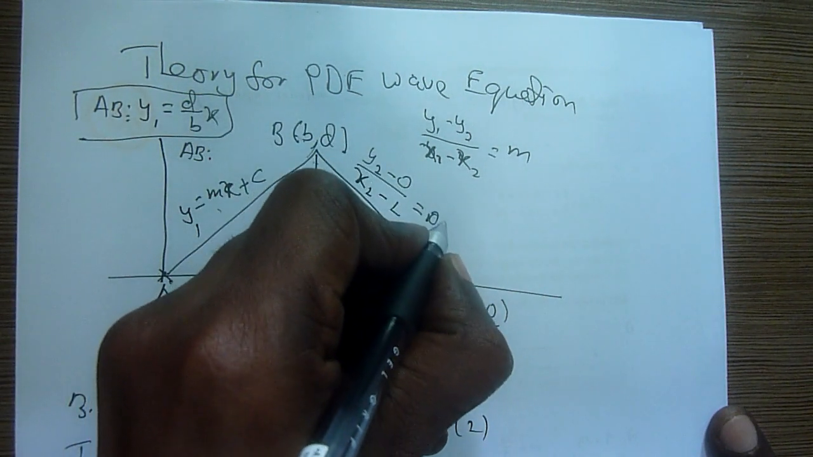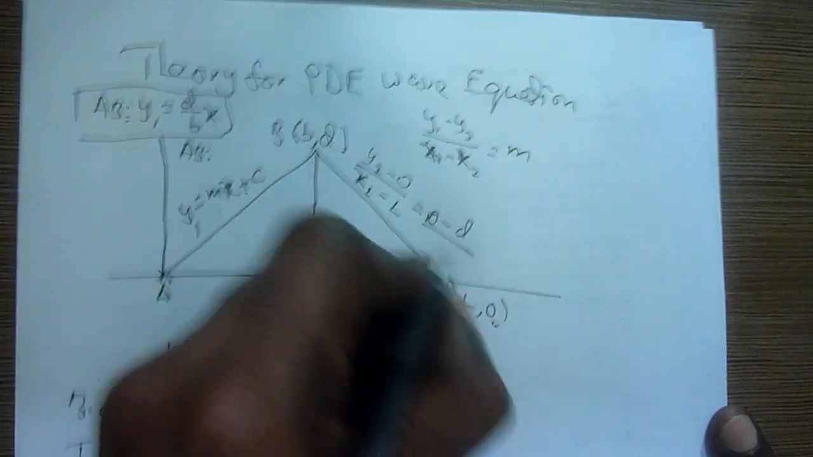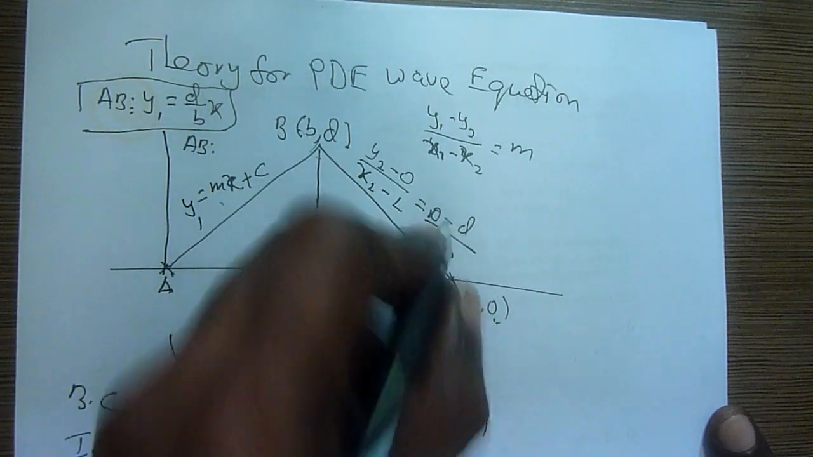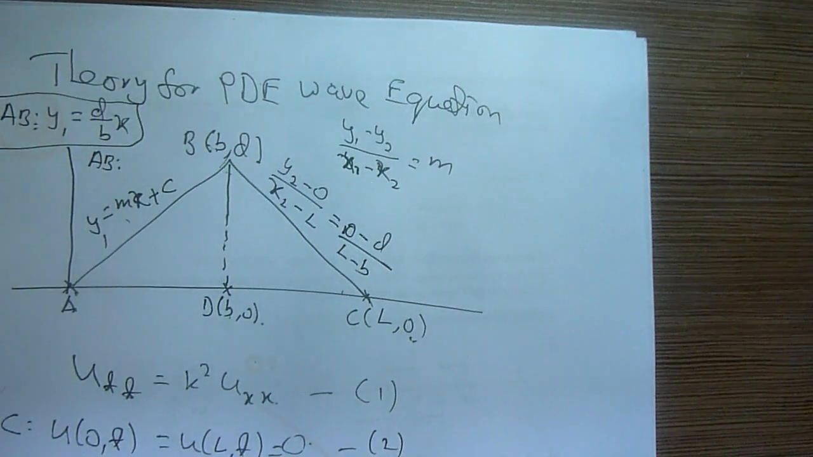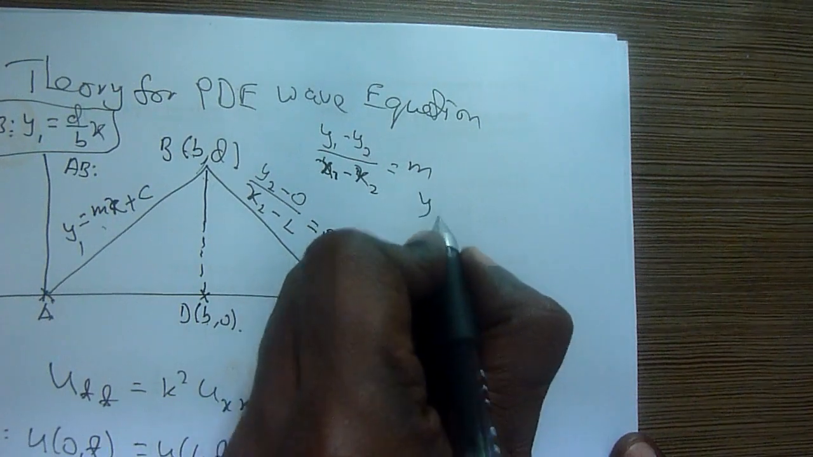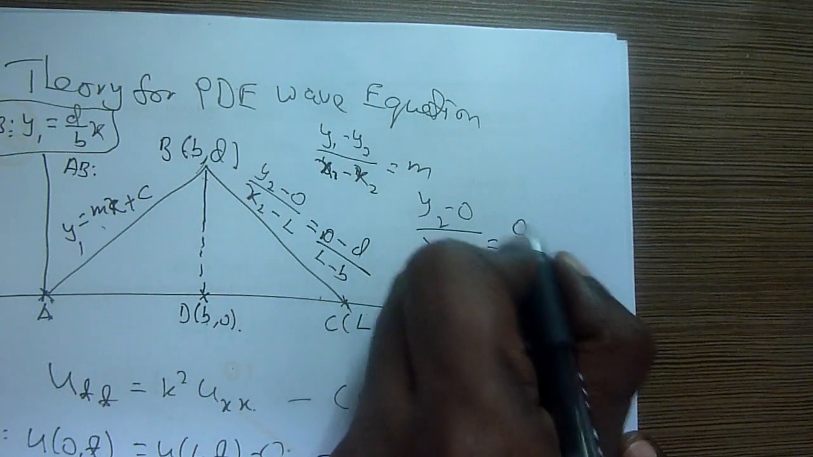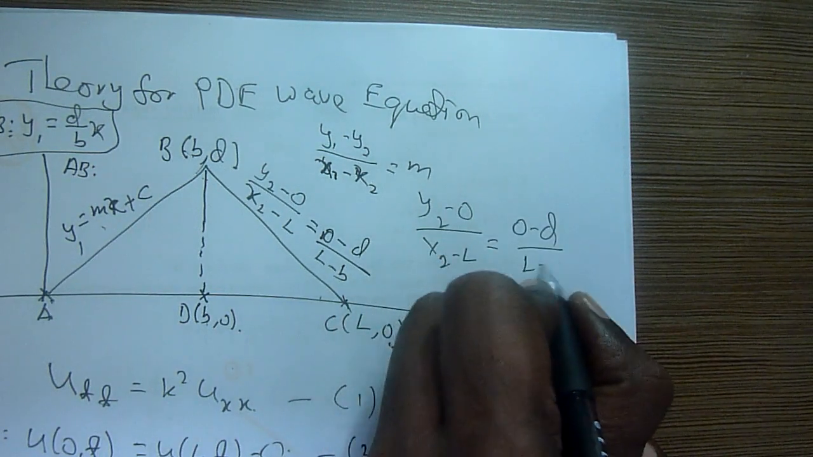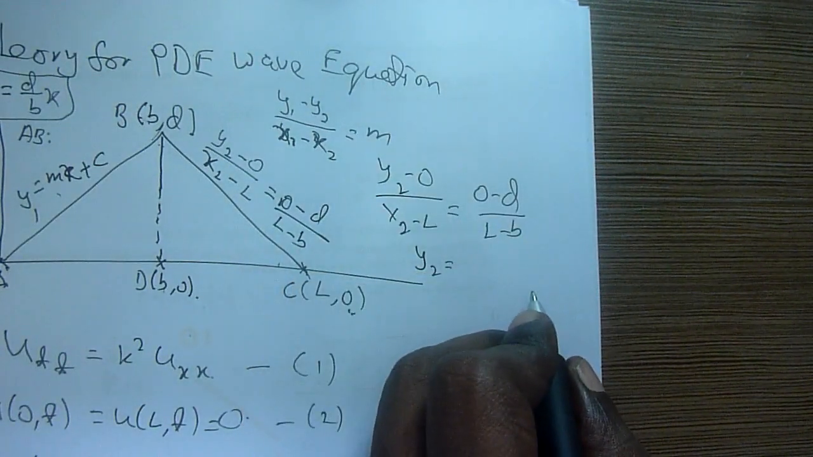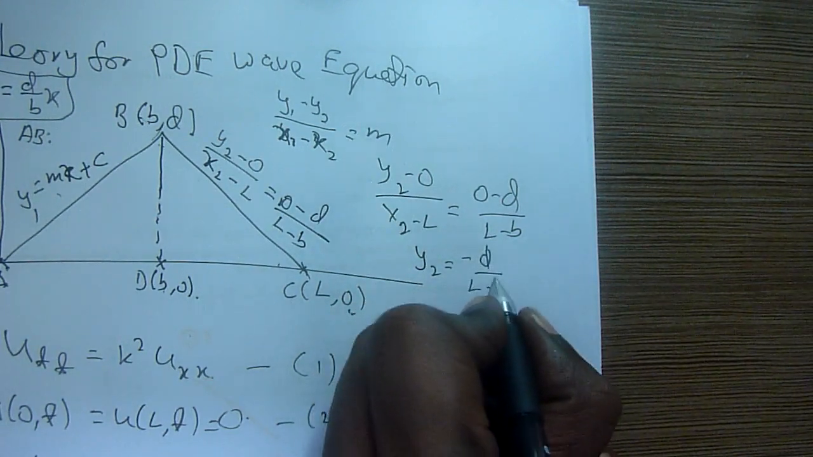Okay, again 0 minus with the d, L minus with the b. That's the equation. Therefore, let me write properly. You won't be able to see this properly. Therefore, y2 equals 0, x2 equals L, 0d, Lb. Therefore, the y2 can be written as negative d, L minus b,